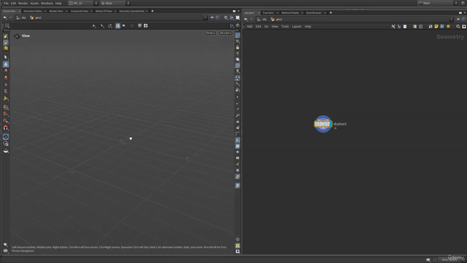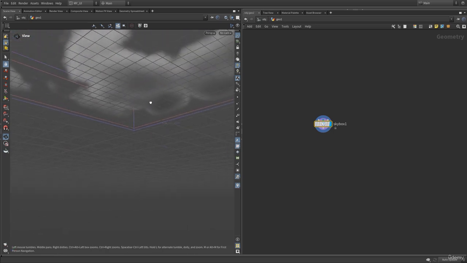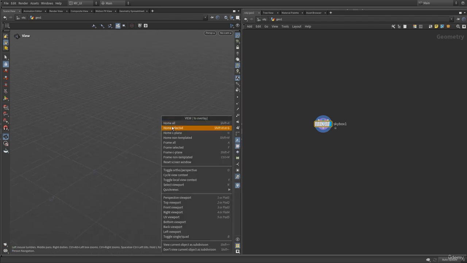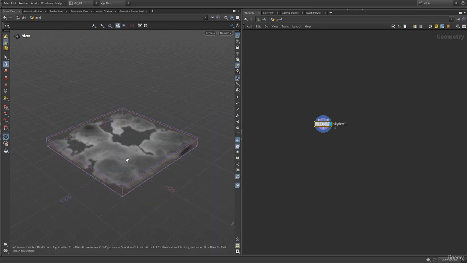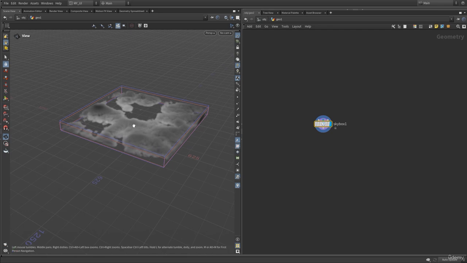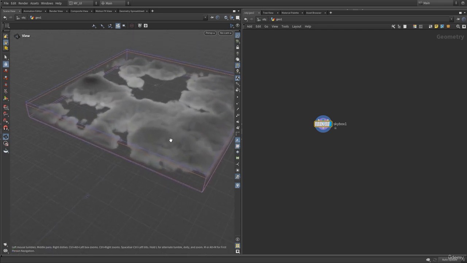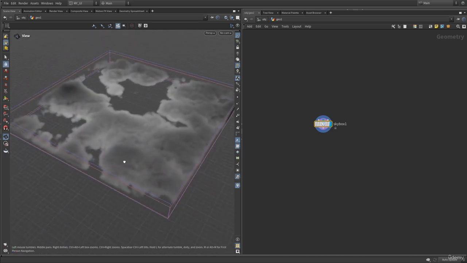But right now I cannot see my clouds volume, and that is because we need to zoom out. Let me take a look, and here as you can see, on top we have some clouds. To actually view all of our geometry, you can right click and click on this Home All button. By clicking on this Home All, Houdini will zoom out to all of your scene where we have all of our geometry. Okay, so in here I can see this beautiful clouds